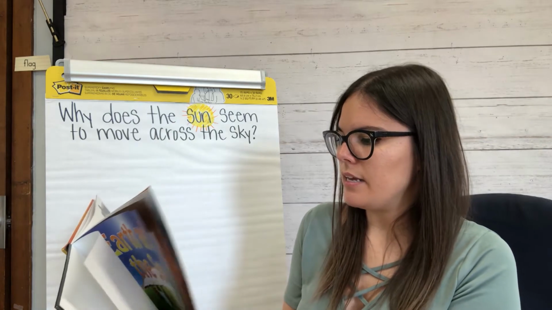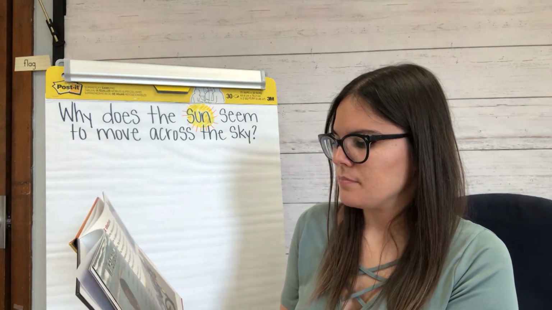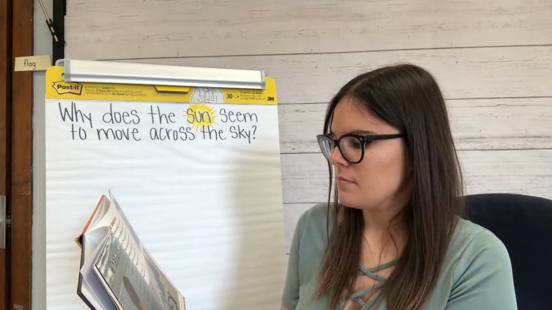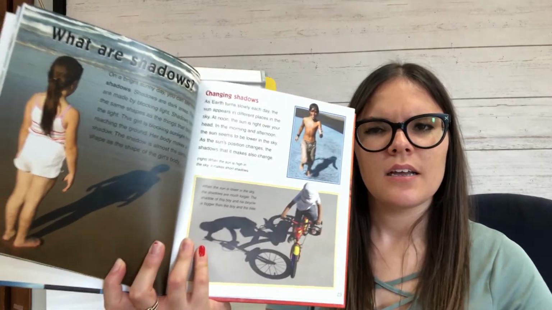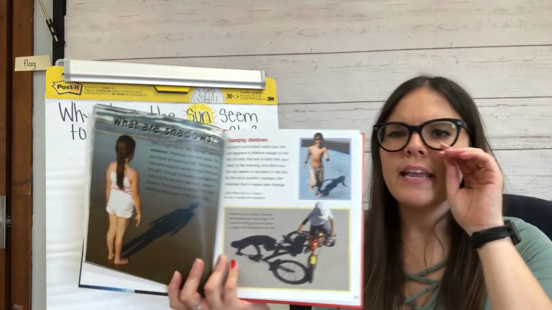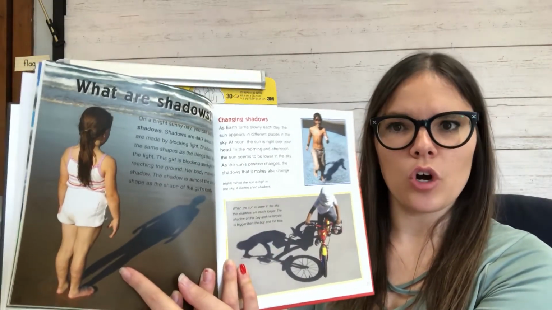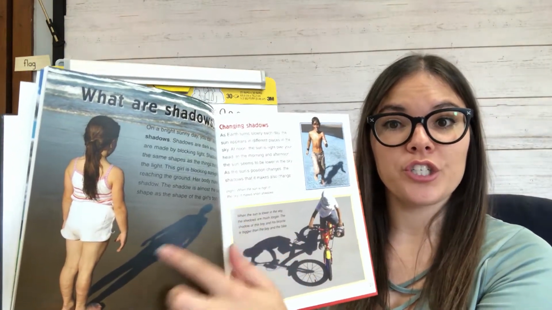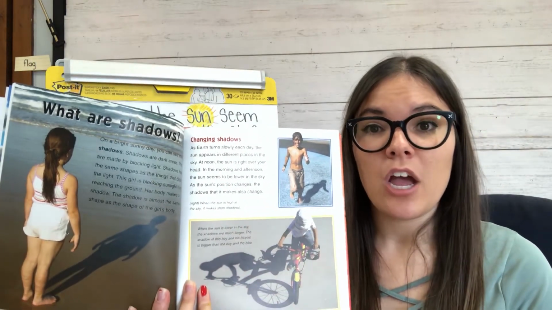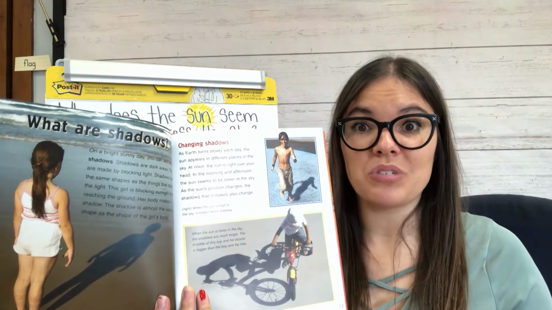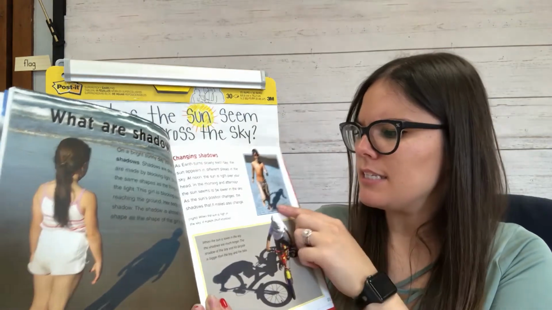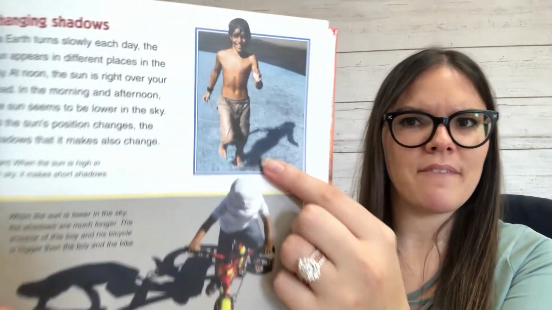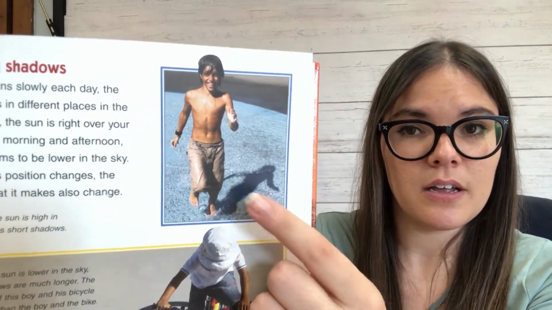That is interesting. That is very interesting. So I'm noticing and I'm thinking that even looking at this picture of this girl and how tall her shadow is, that was probably during a time where the sun was really low in the sky. And then I'm thinking, well, since this boy here, who's kind of having a lot of fun in the pool,